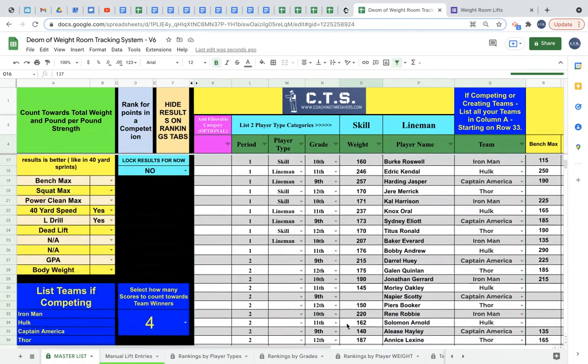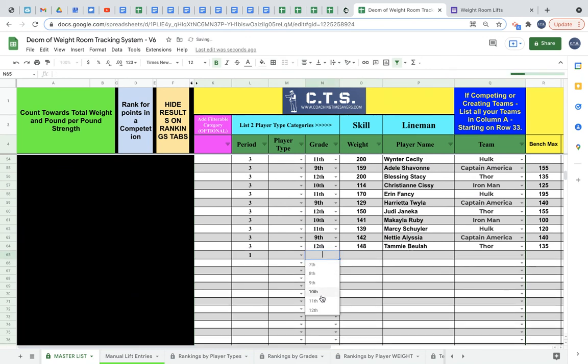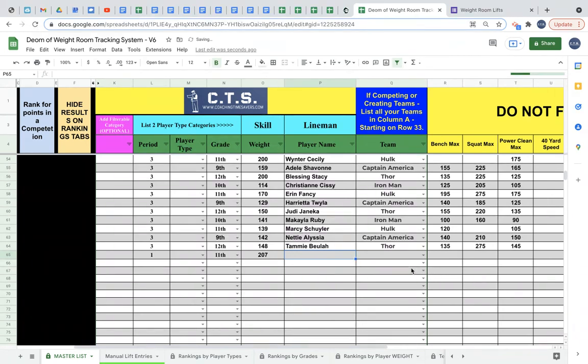Okay, so I'll need to put him in here. If I come to the bottom of the row, I can say we got a new player, first period. He is a junior. He weighs 207 pounds. And right now, I put in Curtis Alexander. And so when I hit enter and I put in my new player,